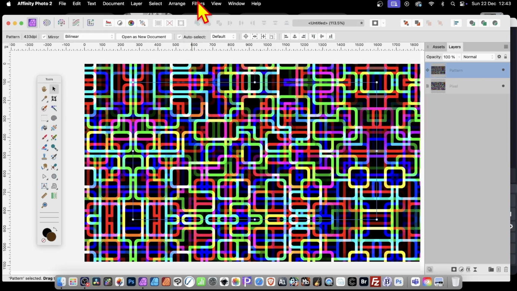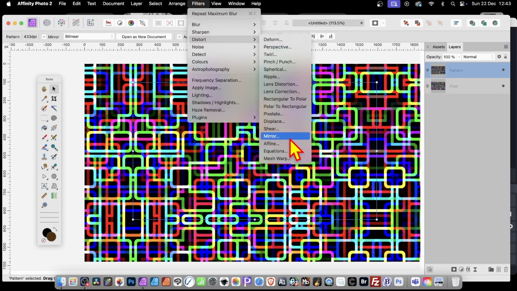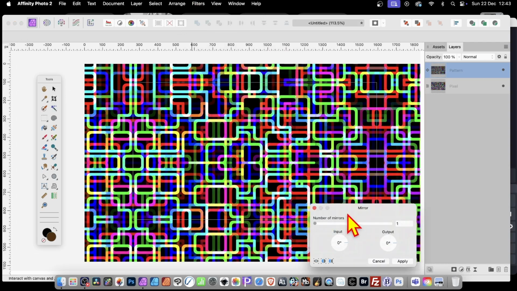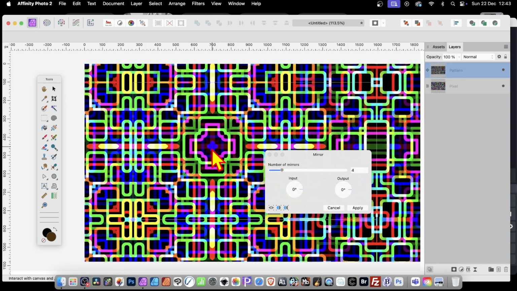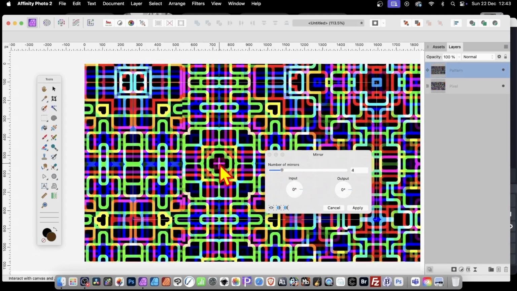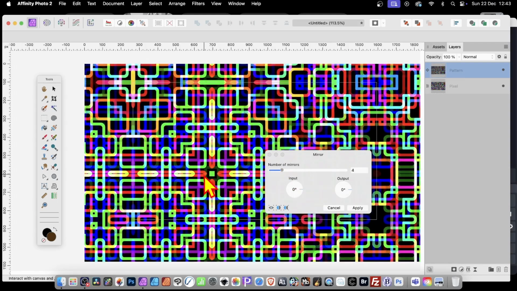That's another option. Filters, distort, maybe go for mirror. So you've got this mirror effect and then use that. And you can, of course, move the origin point, just simply drag like that. So this basic design that was all created from that basic grain at the start can now become something like